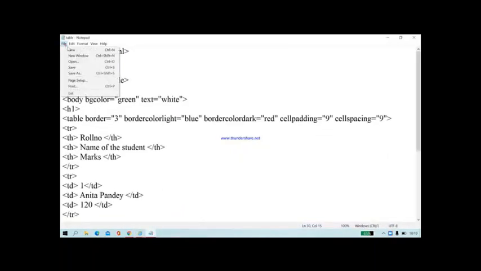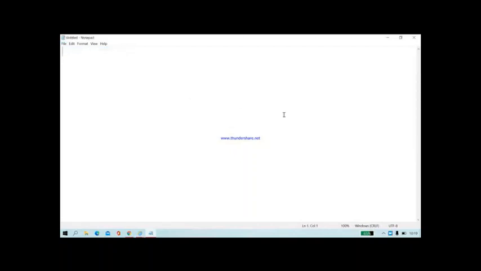Again, go to Notepad and take a new file. Now first we will see how to combine the columns by a row. So here first start with doctype, HTML, head, title. Again I am giving the title as table with colspan and rowspan, /title, /head,